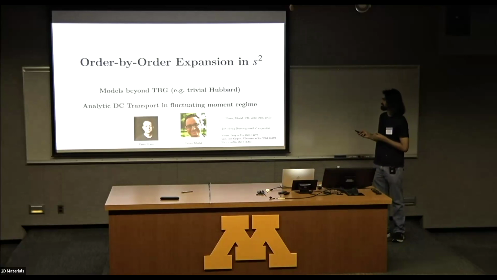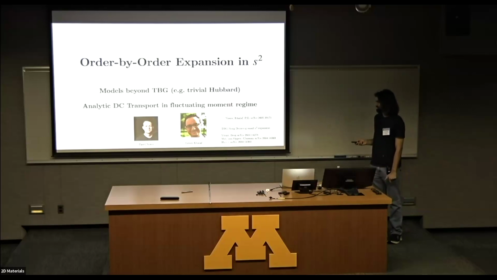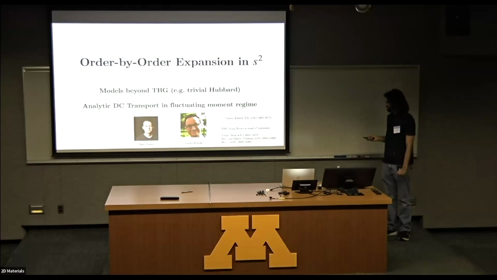It turns out you can write down models beyond twisted bilayer graphene, even including trivial Hubbard bands, where this s-squared parameter can enable a lot of analytic progress. So I want to give a flavor of this now. This is a recent paper that came out, I think, yesterday with Pasha Nosov, who's here, and Islam, who is also here. I also want to point out that there are 3 other papers that appeared a couple weeks ago